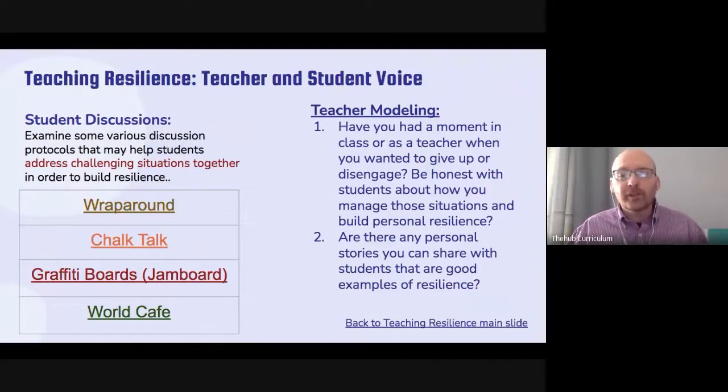Teacher and student voice. I don't know about you, but I'm sure there are a couple of times a year where I'm struggling to get through a particular lesson, or there's just a day with a particular group that's a struggle. If I have that ability, as I'm working my way through it, I can be honest with them: okay, this is a time where this is a struggle for me, but here's how I've managed to cope through that situation. So we can model it through our own behavior, whether in our school life or in our personal lives. There might be some stories we can share.